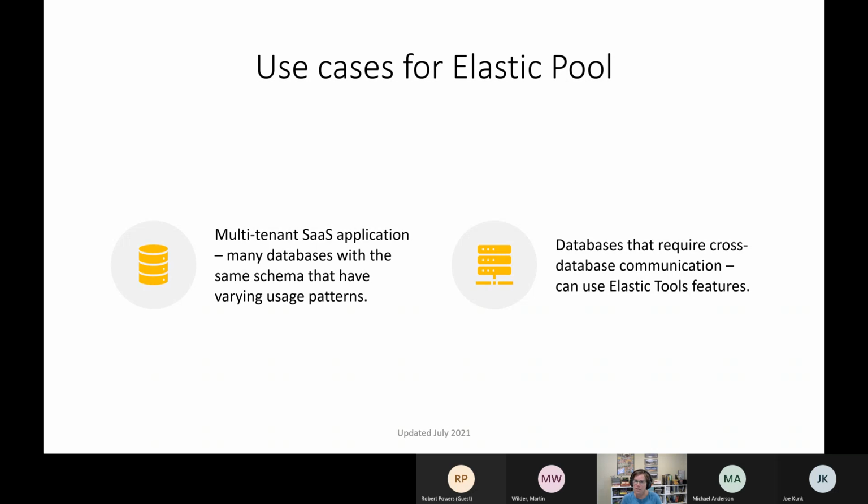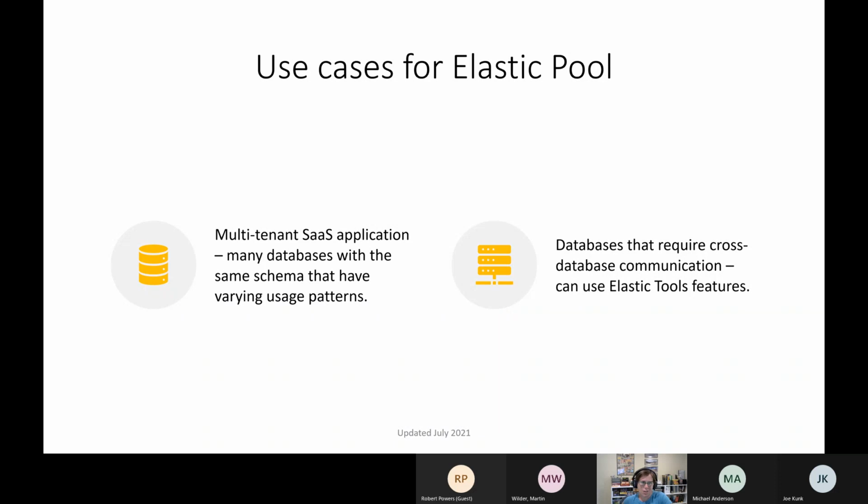or thousands of customers, the chances that they all use the same amount of resources at the same time of day or day of the week or day of the month is pretty low. So instead of having to always pay for 2 CPU and 8 gig of RAM minimum for every single database all the time, just let them share the resources. The other benefit of elastic pools is